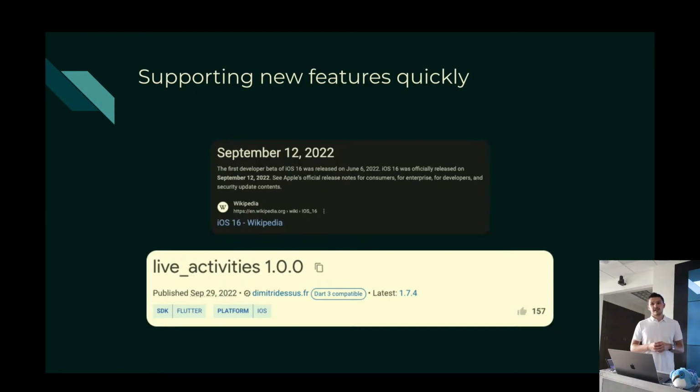Within almost 2 weeks, we had a package on pub.dev that was made by an individual contributor ready to happen. So when you're looking at lag time between when a new feature comes out natively on iOS and being able to implement it without you having to do any of the underlying work, there's a real life example of that happening in just about 2 weeks. So the lag time between having the access to the newest features is going down more and more.